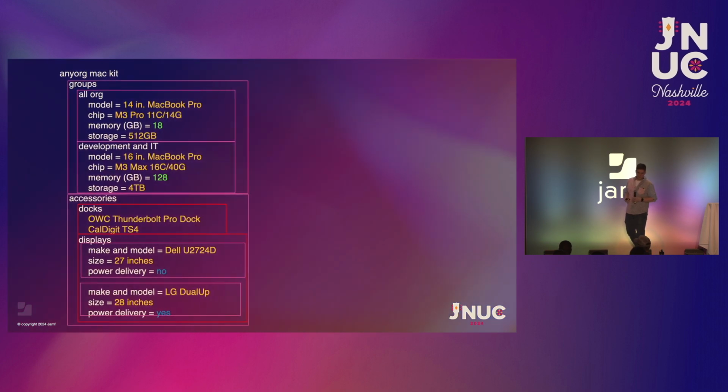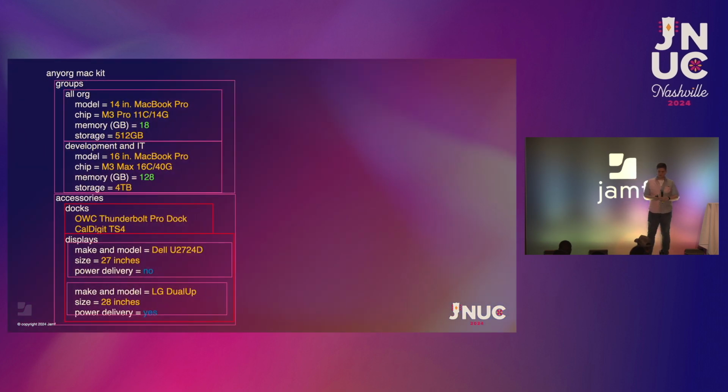Okay. So inside of here, we've got a lot of other data. Inside of those collections, there's some things that a programming language or a serialized data format might refer to as a string, right? It's just some words, just some numbers. We have actual numbers, real number types, something that is not 18 gigabytes, but just the number 18. We have true and false, some yes or no, yep. This monitor does provide power delivery. This one does not, okay?